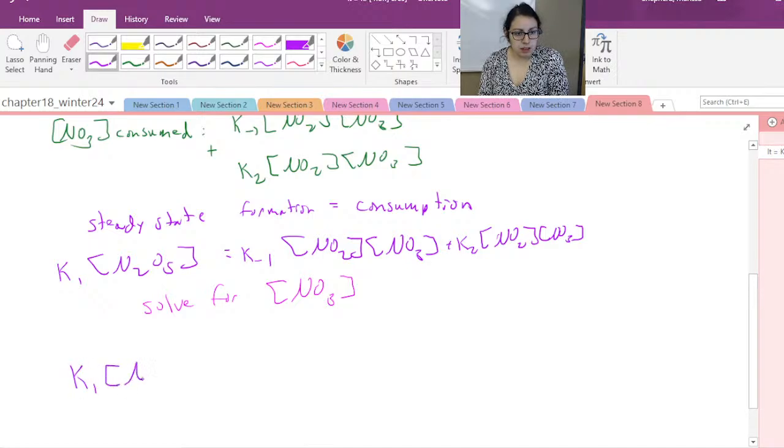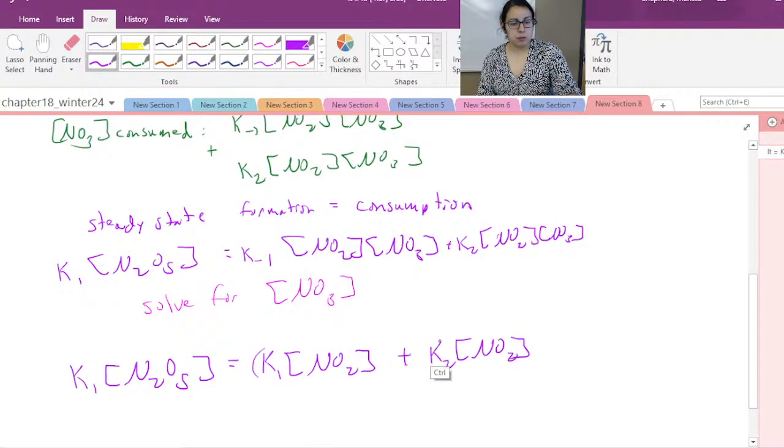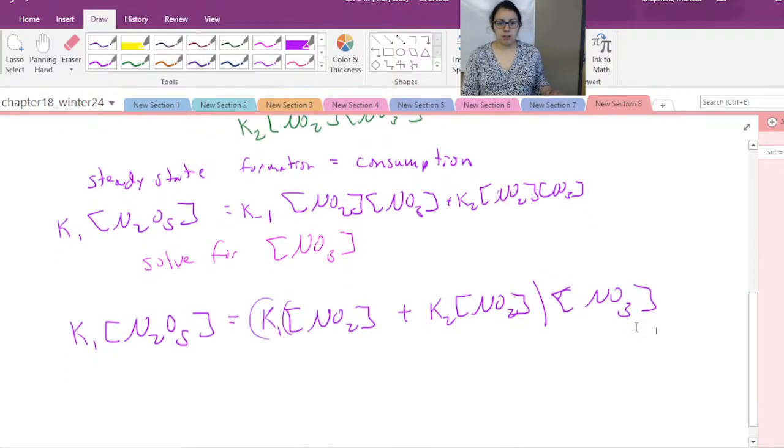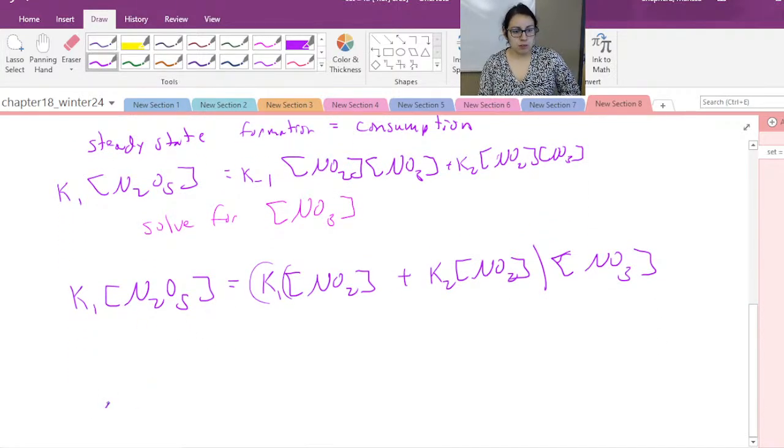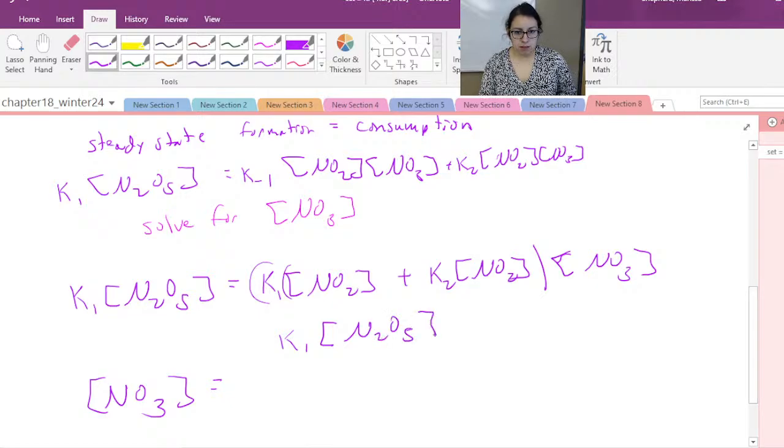I'll rewrite this and pull out NO3 from this expression, so all that times our NO3. Now dividing, we should get the concentration of NO3 equal to K1 N2O5 divided by this expression,